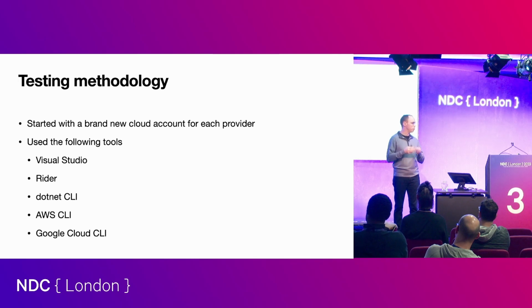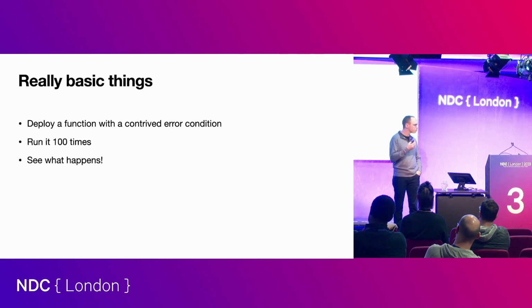And then use the following tools. We'll use Visual Studio Rider, a little bit of the .NET CLI, a little bit of each of the CLIs, specifically because my focus was kind of like deploy and then look at what's happening in the cloud. See what if I do X on this particular service, what's the cloud going to say that it did, right? Again, less concerned about doing it all in a CLI or one way or the other. So it was kind of a mix.